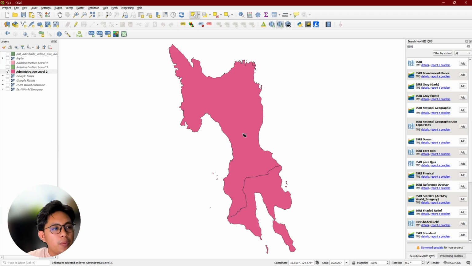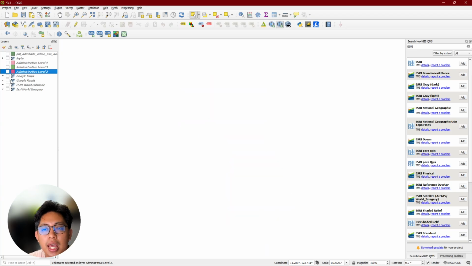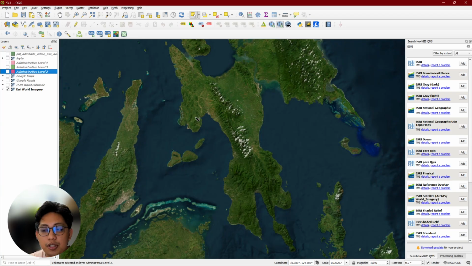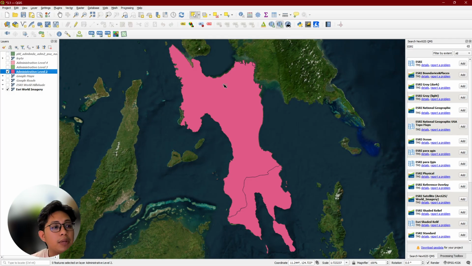Now we want it to look at least visually pleasing. So I'm going to add my world imagery so that at least it has color, it has shadows, a little bit of clouds. And I'm going to overlay my admin map.